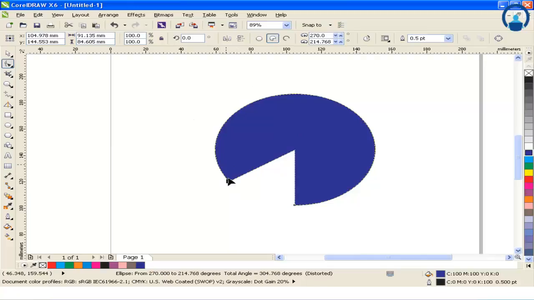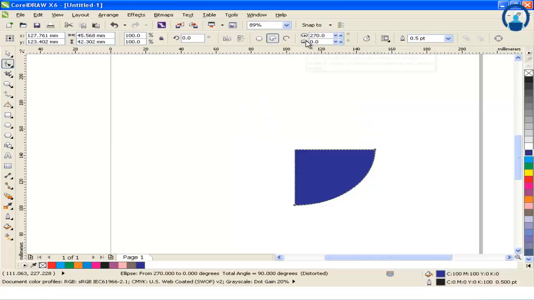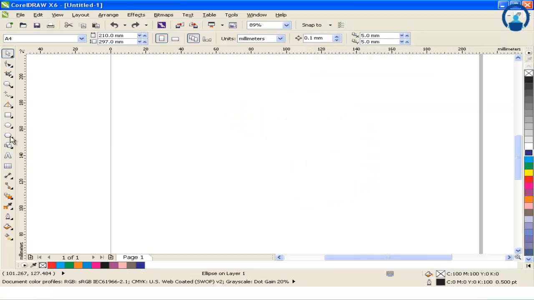Through the shape tool you can change the shape. If you change the figure here, see that particular cropped circle, the size of that particular cropped area changes. Now in the same tool,